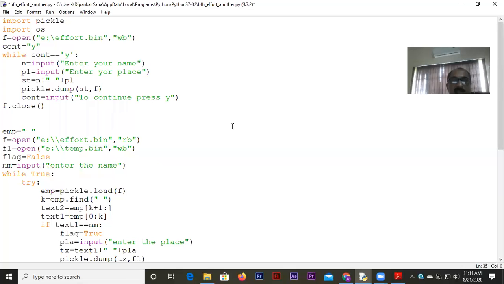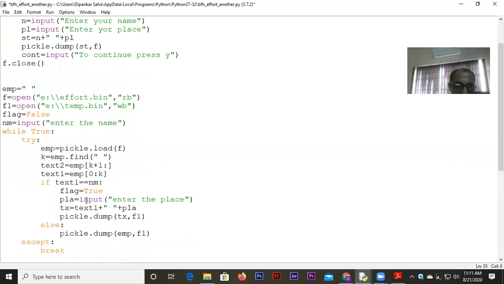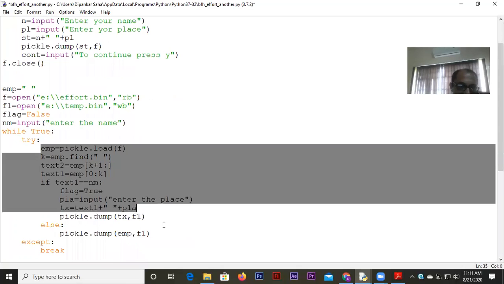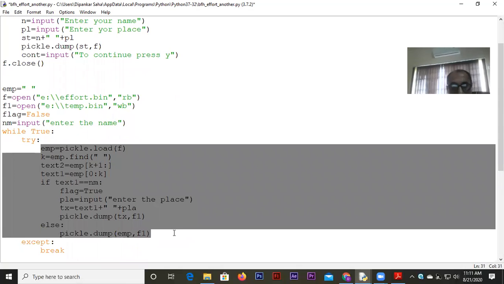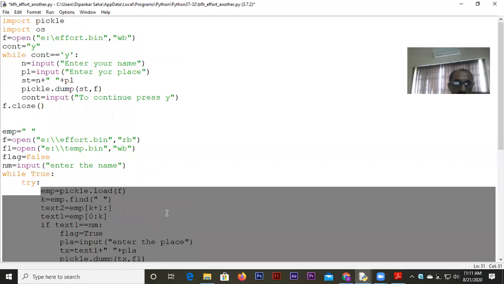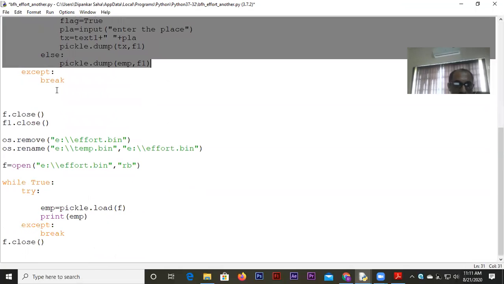So you can do the deletion of a record this way, which is very simple. Use your ideas here. The only trick is that the particular record, wherever the name matches, will not be written into the temporary file. I'm sure you will be able to do it. Try this out.